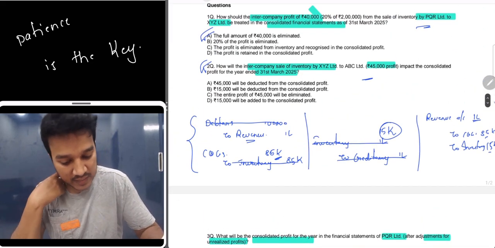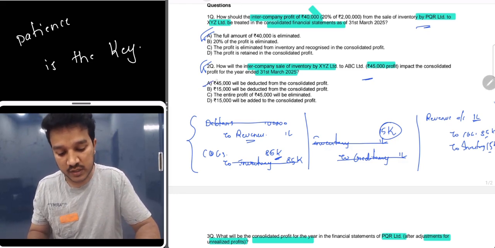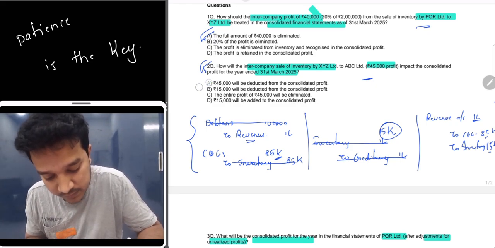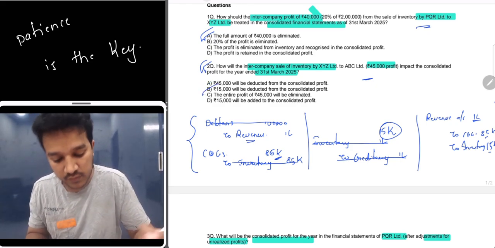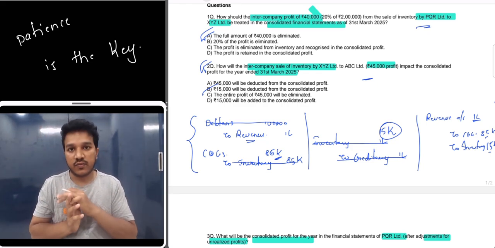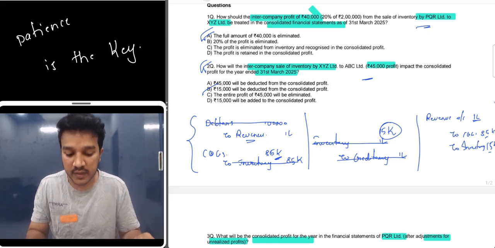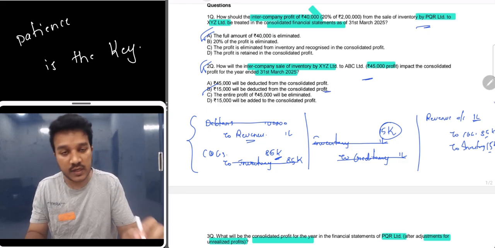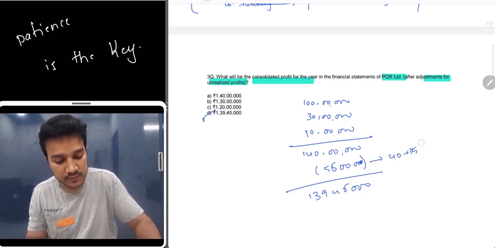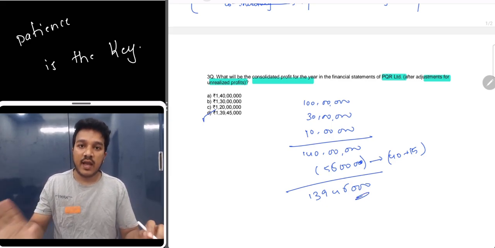And for the second one, the answer is that the entire 45,000 must be deducted from the consolidated profit. Oh, sorry, the entire 15,000 must be deducted. Sorry, my bad. 15,000 is to be deducted from the consolidated profit because only 1 lakh of goods are left in the books and the rest of the 2 lakh goods have been sold outside. So intercompany unrealized profit is only 15,000. That's why you will deduct 15,000 from the consolidated profit, and exactly, you have removed it here also in this 40 plus 15. Your intercompany unrealized profit has been eliminated. So in consolidation, profit will be this much. I hope this point is clear.